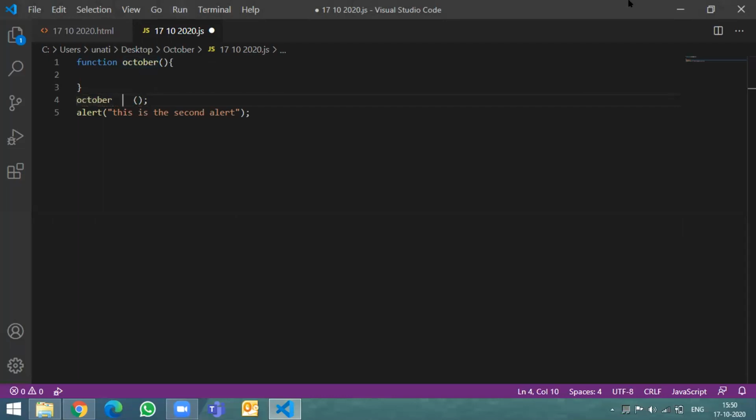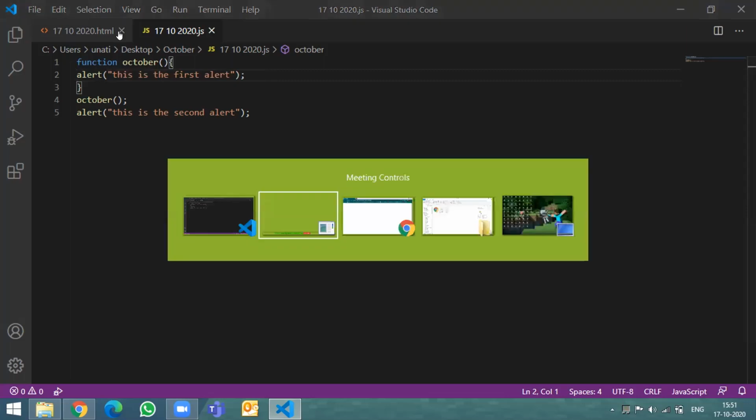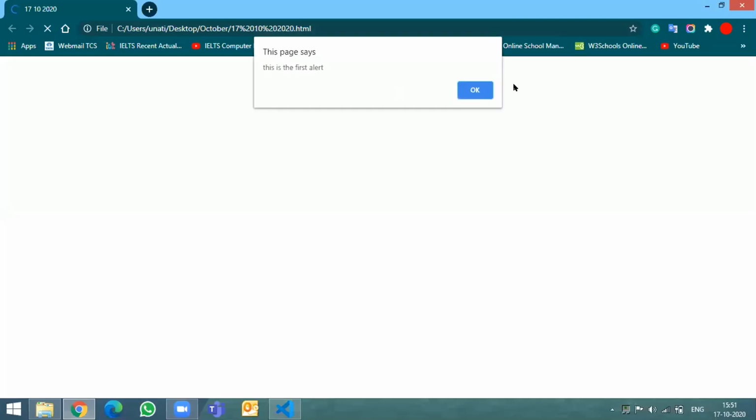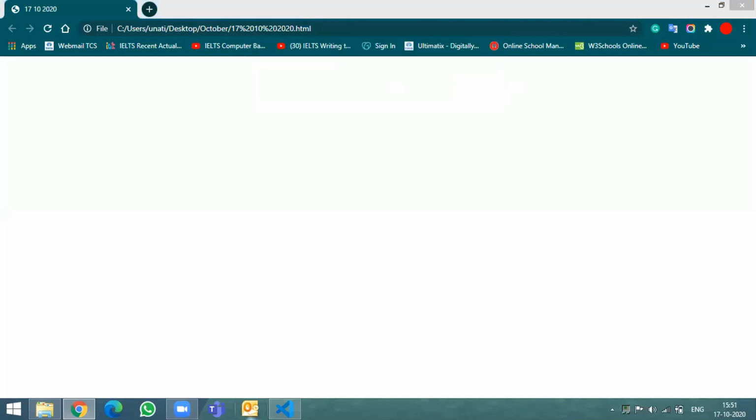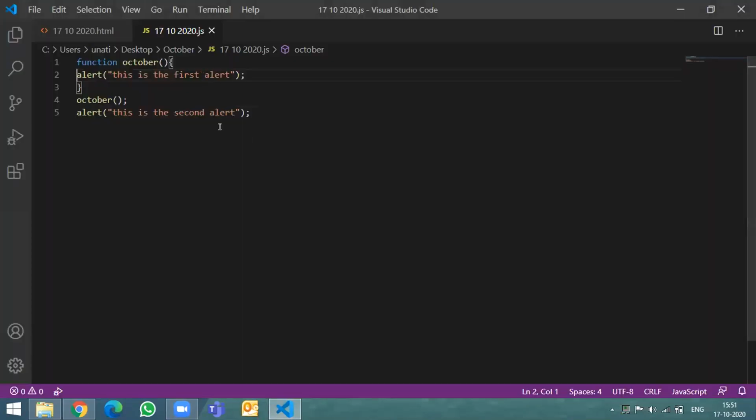And what is that function doing? What is that function supposed to do? Put an alert within the function. But you told me to remove that alert, right? Let's put an alert. So this is the first. Okay, and the spelling is right, and your file is connected with the HTML. Yeah, now it is. All right, okay, now let's proceed.